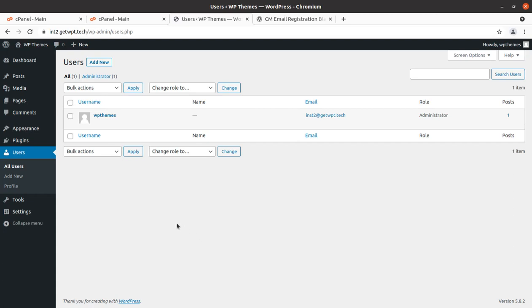Hi friends, this is the users screen in a WordPress installation. That means this screen shows all the registered users' information. If you are allowing anyone to register at your WordPress website for any purpose, maybe for posting blogs or for making some purchases, all the registered users can be seen here.